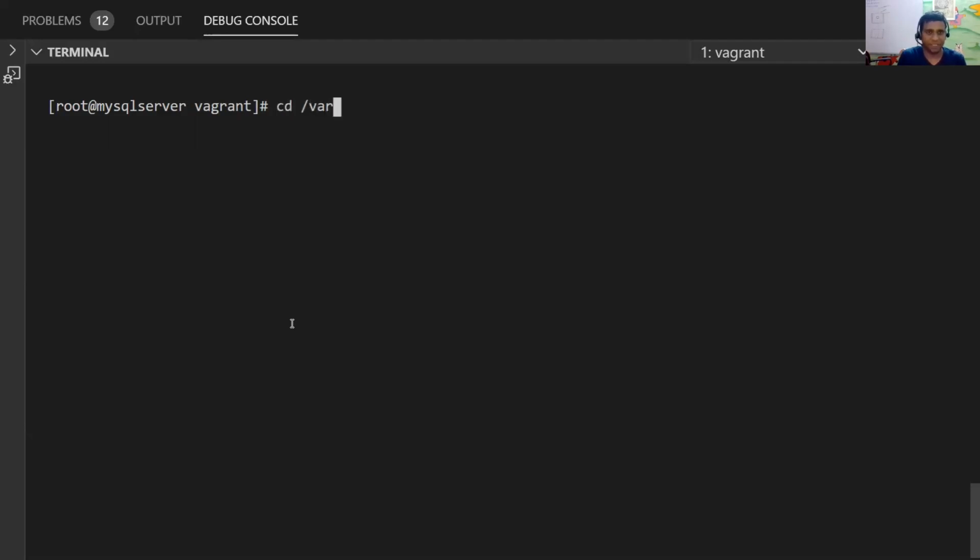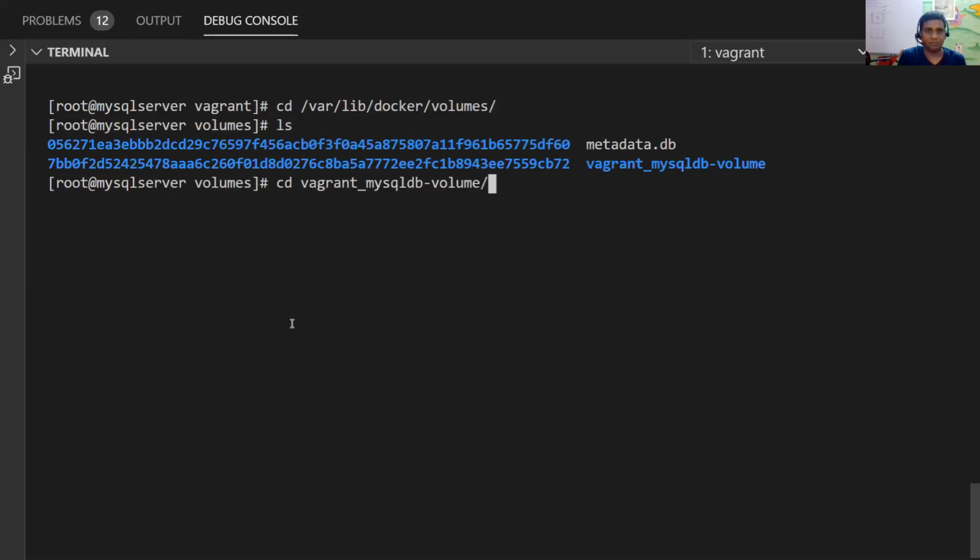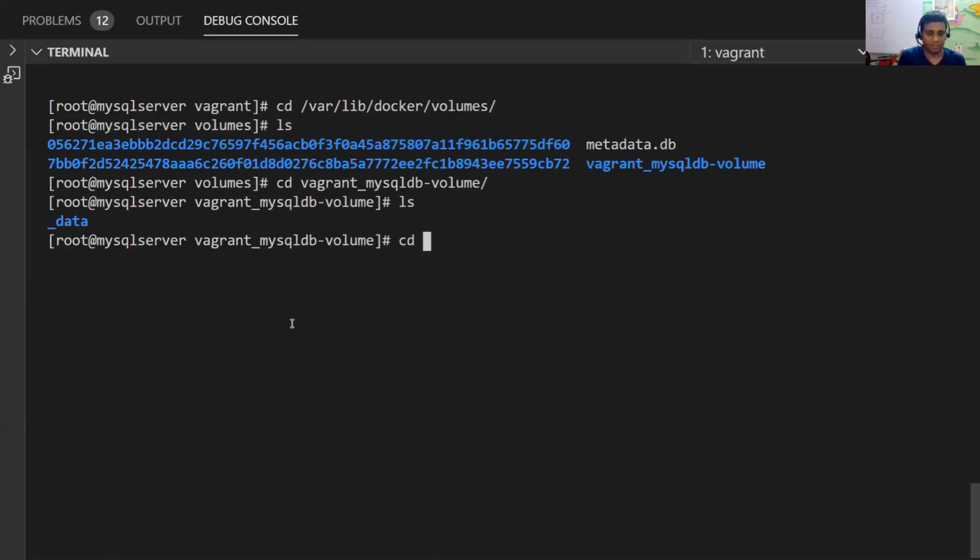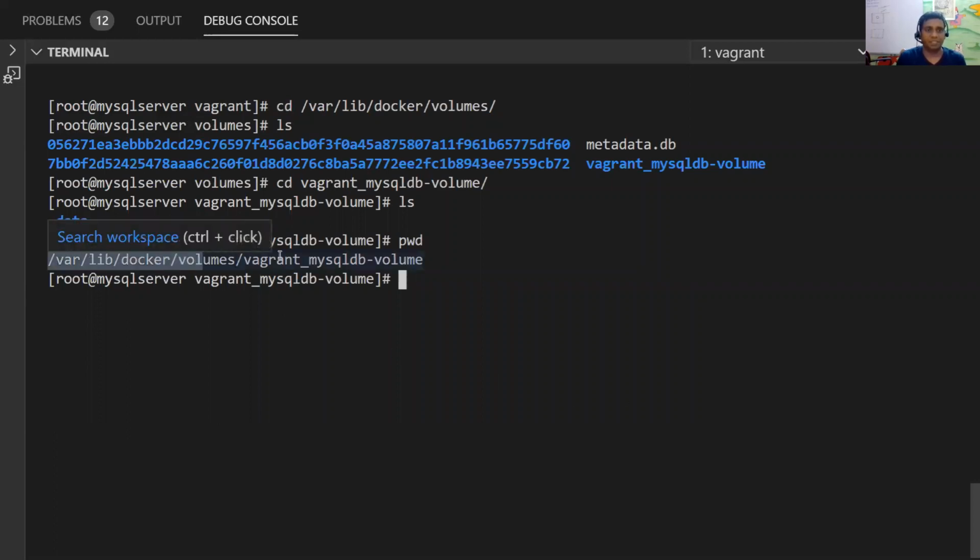Generally it will be in /var/lib/docker/volumes. Okay, so here we have the MySQL server volume. This is the persistent location where whatever data you insert in the database will be stored in this folder. So let me try one more time.